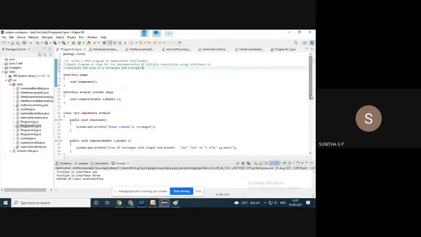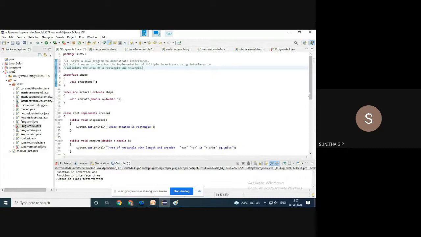So the same program will be simpler than the previous versions I have given, because of extending interfaces. This is just like in the slide I have shown. Interface shape has a shape name; area1 extends shape, where we are computing a and b. I have a class rectangle which implements this one, and the shape is redefined as: shape created is rectangle.